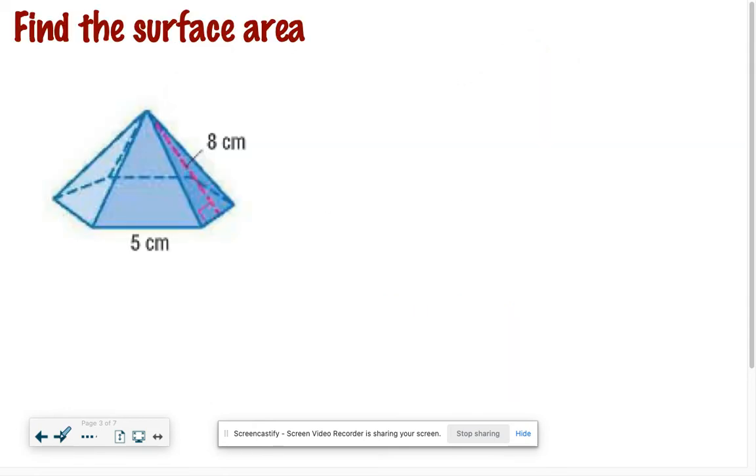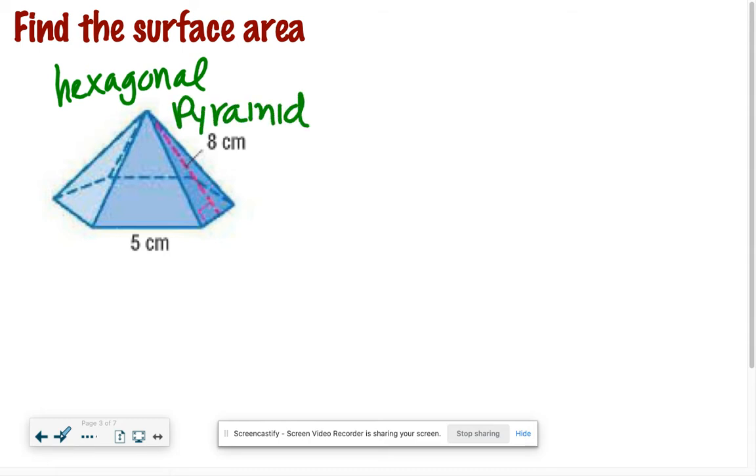Okay, without further ado, let's just jump right into it. It says find the surface area. So we are starting off with a regular polygon, so a regular pyramid. Our base is a hexagon, so this would be a hexagonal pyramid. Okay, so we have to find the area of this